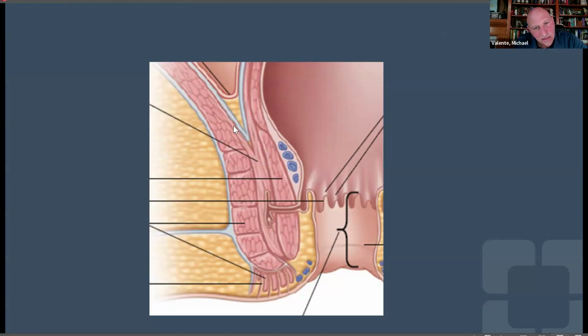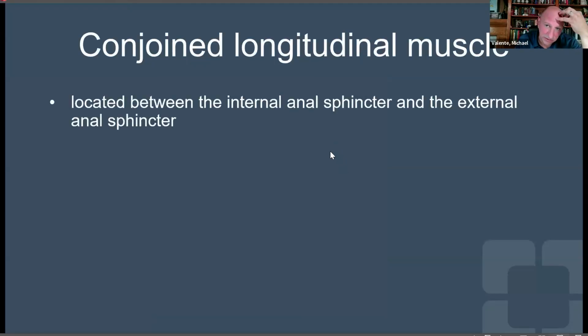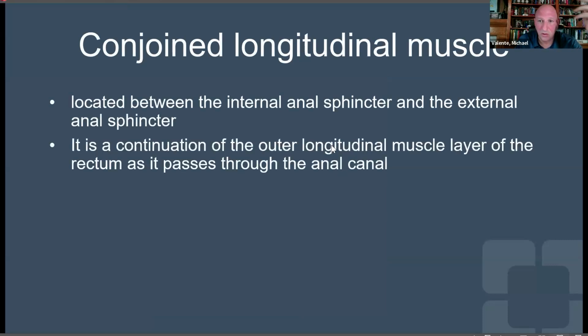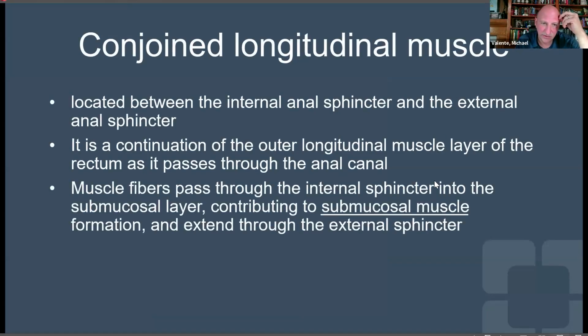And then you've got this arrow right here. It looks like a combination of some external fibers, maybe some internal fibers, and it's what I would consider the intersphincteric space. But it's something that you don't really appreciate too much. You see it in the pictures, the conjoined longitudinal muscle. So what is it? It's located between the internal and external anal sphincters. It's a continuation of the outer longitudinal muscle of the rectum, which passes through the anal canal, and it combines with the internal sphincter,